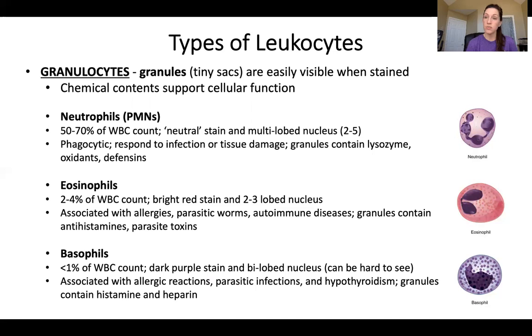Okay, they also, some of their granules have toxins inside of them that are specifically poisonous or toxic to those parasitic worms. So the understanding of their function is that they would have evolved as a protective mechanism against parasitic worm infections. If you live in a place where that is not a common problem, if you live in a place where you have clean water and clean food and you're not frequently ingesting parasitic worms, the eosinophils are more